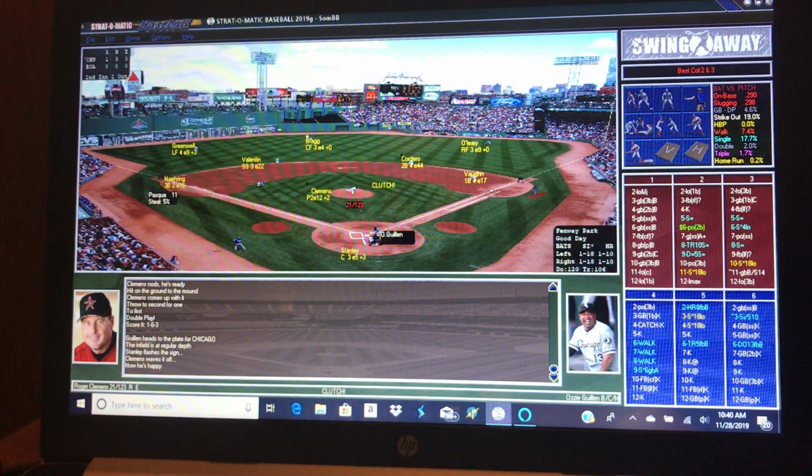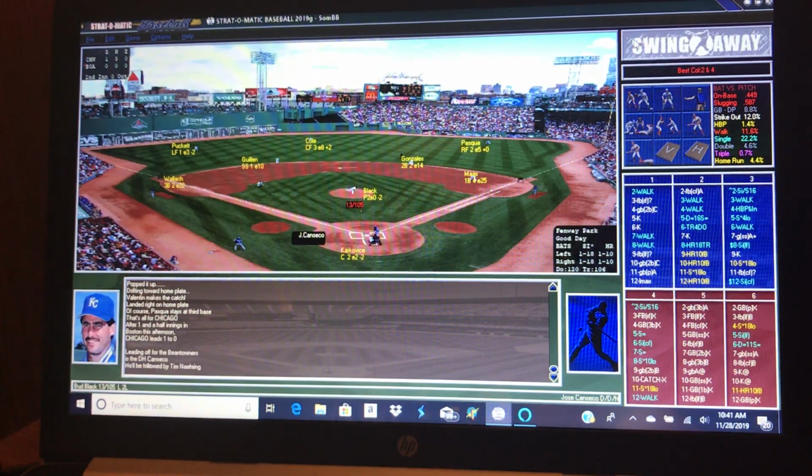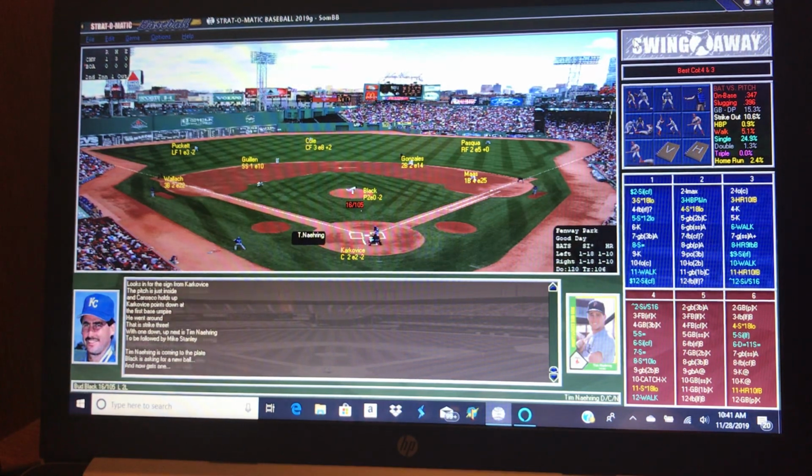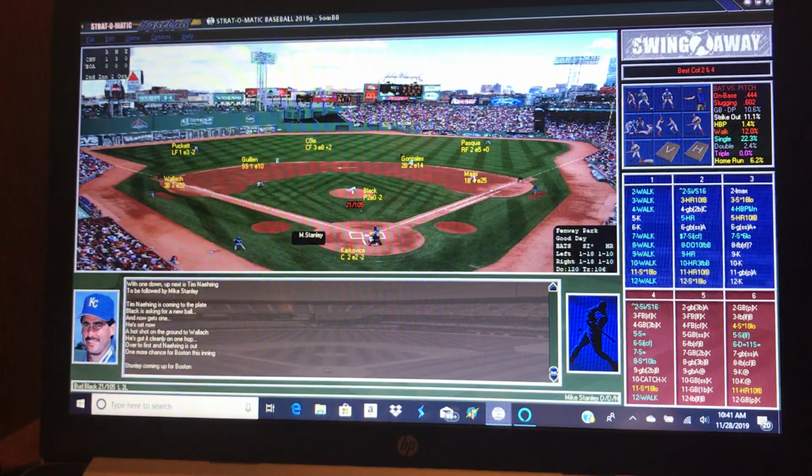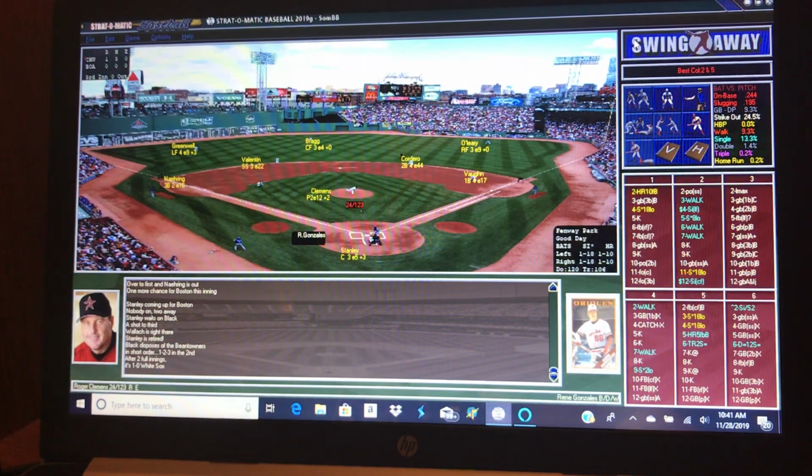And Guillen is going to pop out, and this was a very disappointing inning compared to what it could have been. But let's see how Buddy Black can do in trying to hold them down. Canseco is up. Jose Canseco. And he's out. Tim Naring. Who doesn't remember Tim Naring? And he's out, and that brings up Mike Stanley. And he lines out. So, yeah, 1, 2, 3 inning, and now Rene Gonzalez, the second baseman for my team,